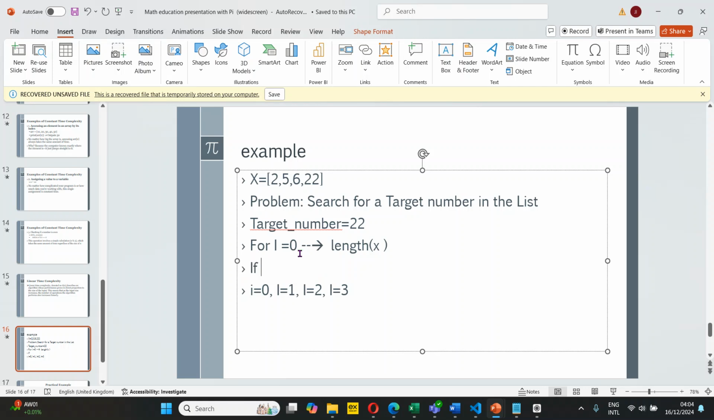If, right? So now we want to fetch the value from the index. To fetch the value from the index, I can say x of I, right? If x of I, so I'm fetching this value now from the index. If x of I is equal to this target number,